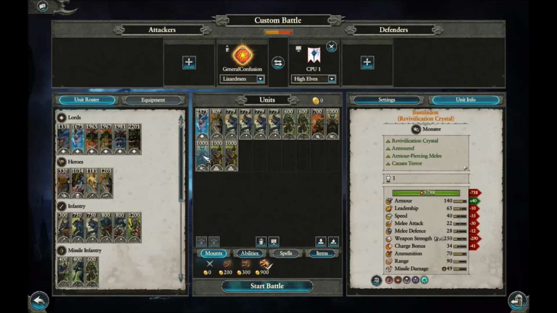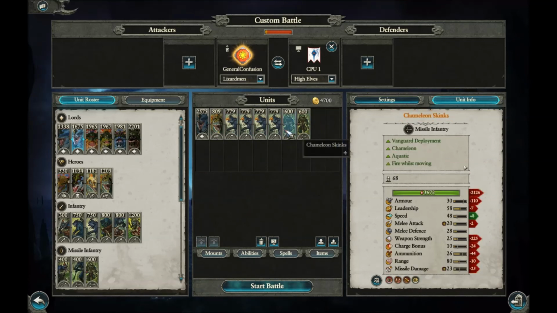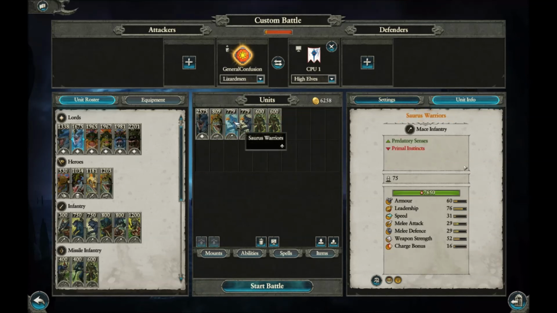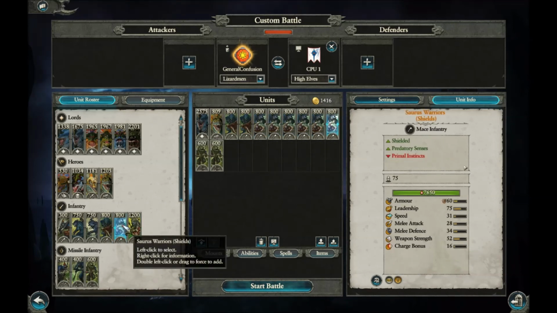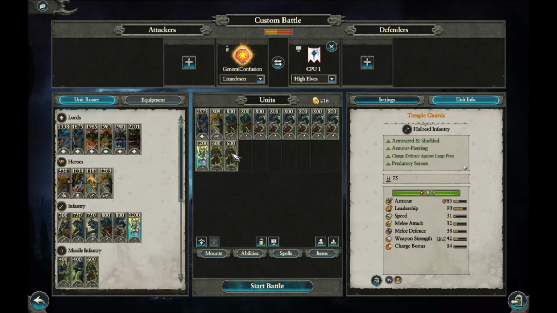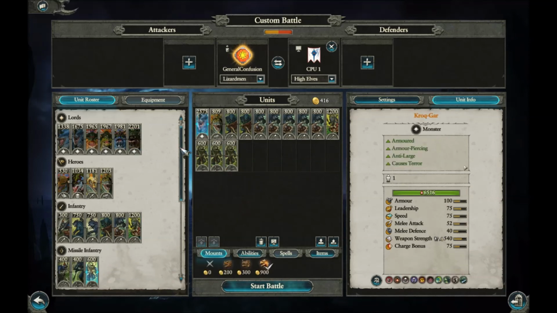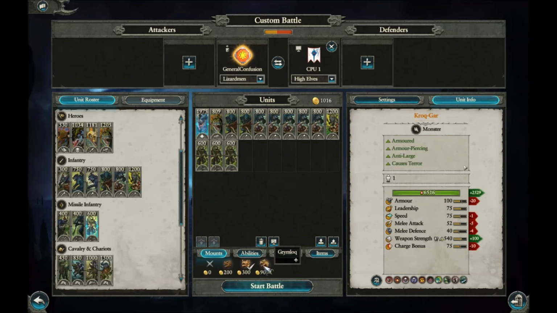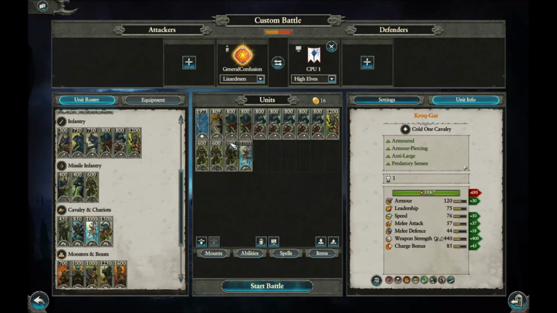Now, let me divert a little bit to say, as I said, you can build an infantry-focused Lizardman army. You can take a whole bunch of Saurus warriors, maybe some Temple Guard. So long as you have skirmishers to back them up, you can do this very successfully. You can take Krotgar on a Cold One. Instead of Grimlock, throw him in with a unit of Cold One Spear Riders to use for cavalry